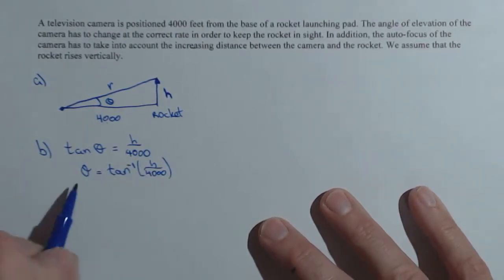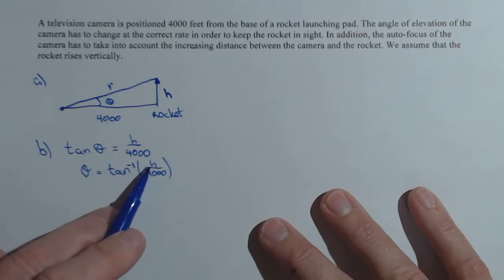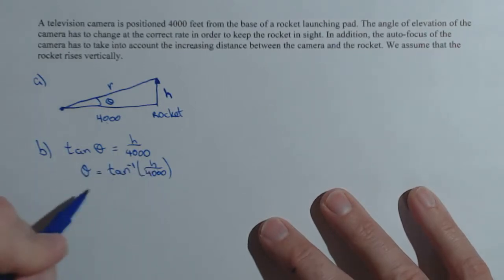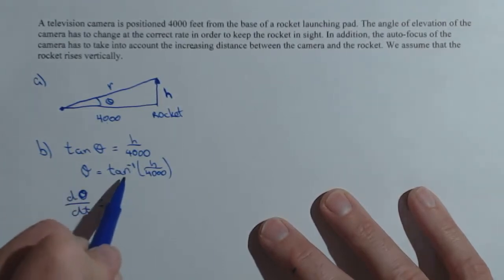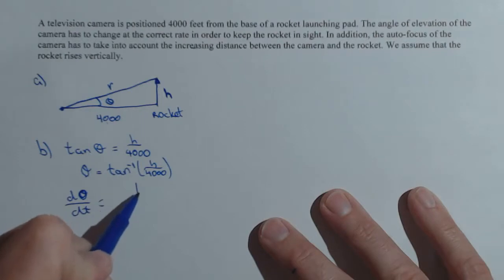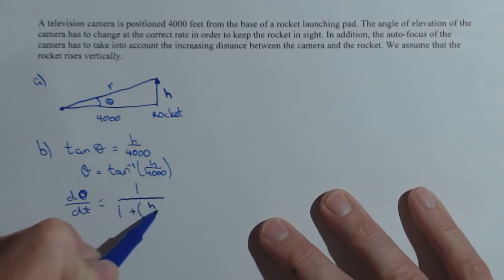Alright, now it also asks us to come up with a relationship between the rate the angle's changing and the rate the height is changing. So that means we're going to differentiate both sides with respect to time. So d theta dt, because the derivative of theta with respect to time is just d theta dt. Now we're going to have to do a chain rule. The outside function is an inverse tangent, or an arctan. Remember, the derivative of arctan is 1 over 1 plus whatever you're taking the arctan of, in this case, h over 4,000,